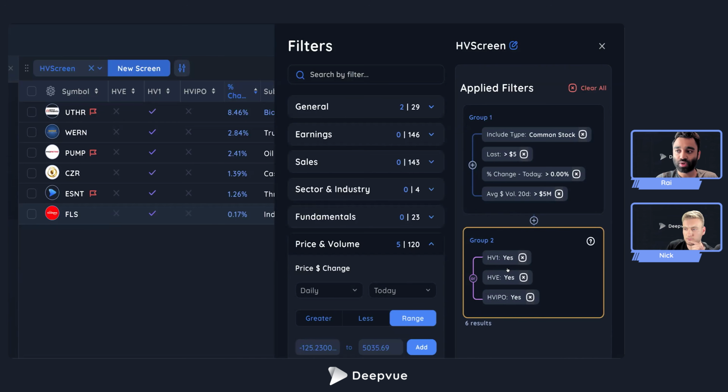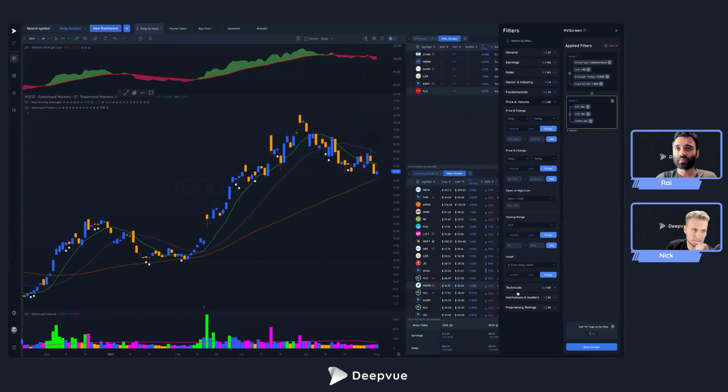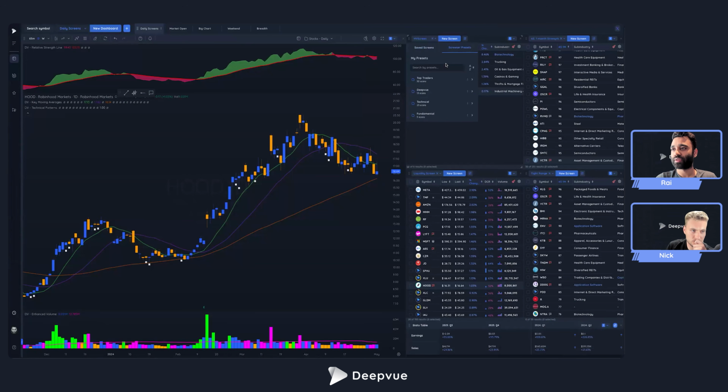And then in group 2, it's basically an or condition. So I'm saying show me if it's a HV1, highest volume in a year, if it's a highest volume ever, or it's the highest volume since IPO, send that through if any of these are true. So these are my core conditions, basically liquidity conditions, and then these are which ones I want to see in the market. In terms of it being a preset, we go to screener presets,